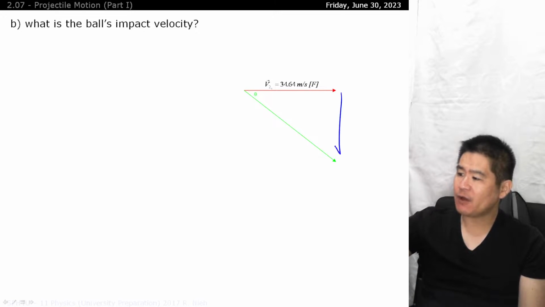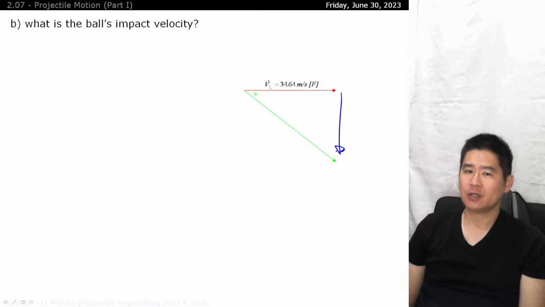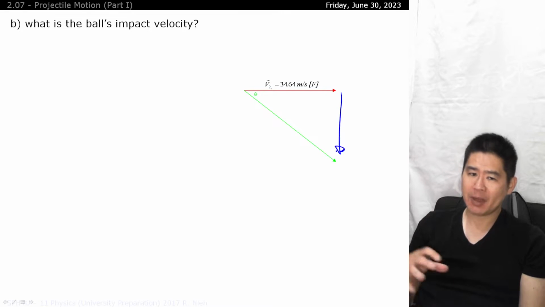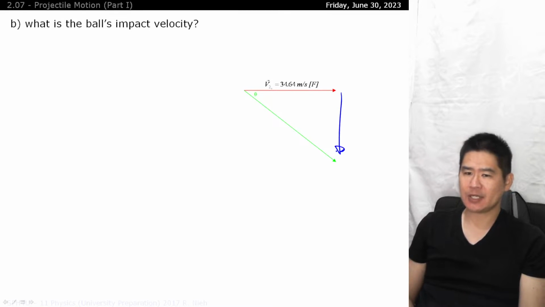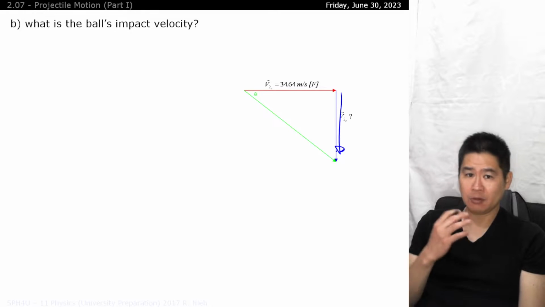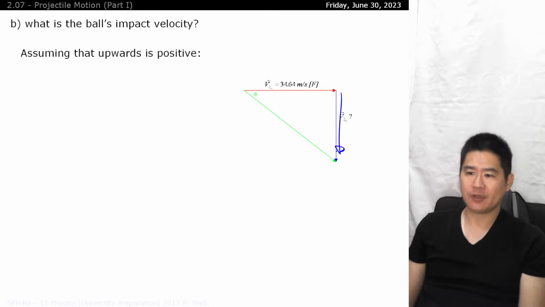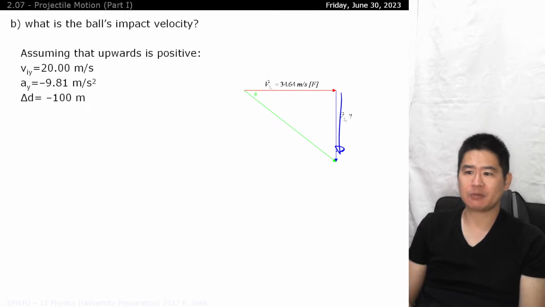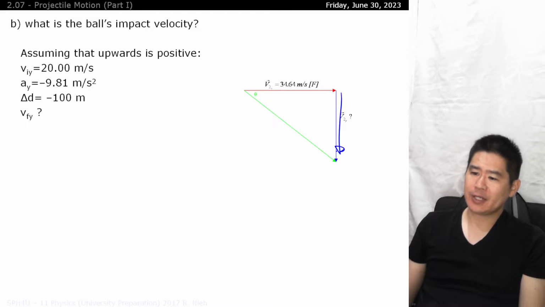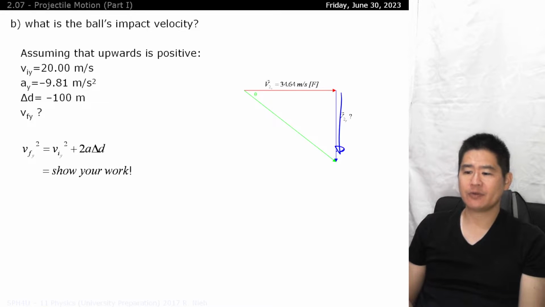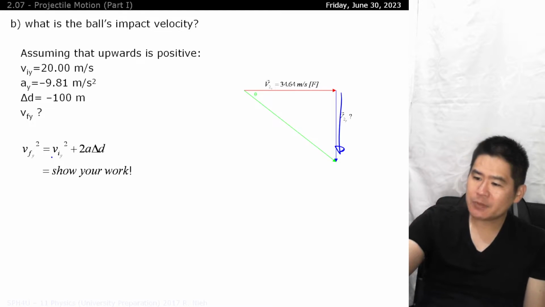So how fast is it falling at the 7-second mark? You could use the 7 seconds, but if you made a mathematical mistake in getting to your 7 seconds, you're going to carry the error through even more. All right. So you probably just want to stick with the values that you know of from before. In other words, your viy, your ay, and your delta d. These are the same givens as in the previous slide, except that this time around, instead of solving for time, we're solving for vfy. You pull out that last kinematic equation, sub everything in,